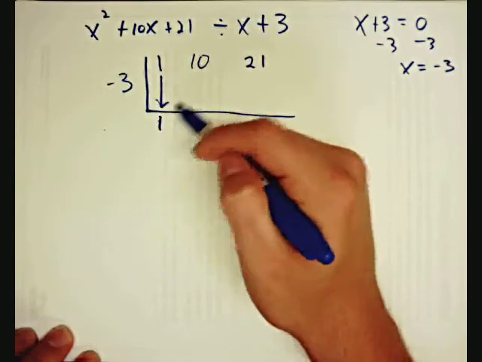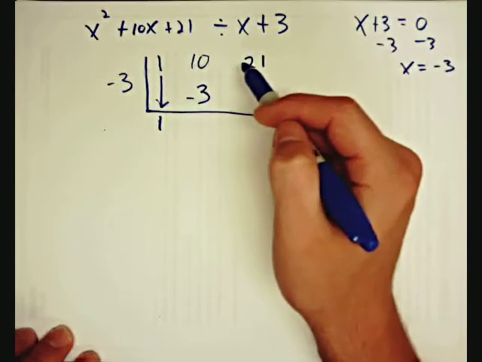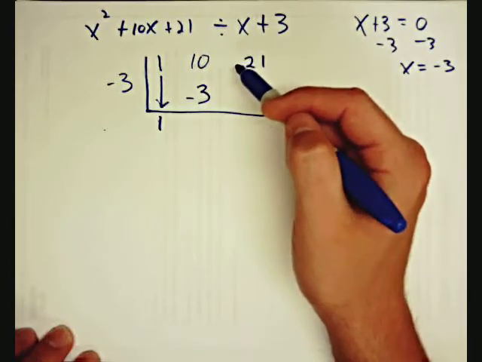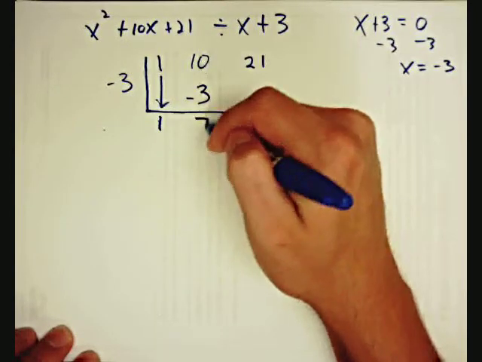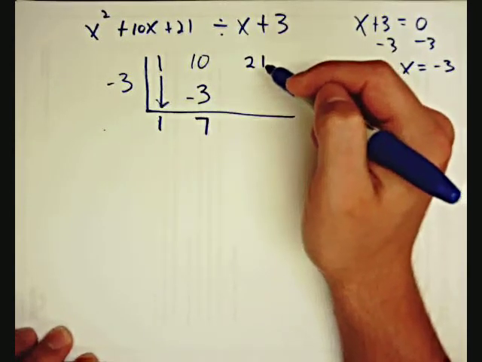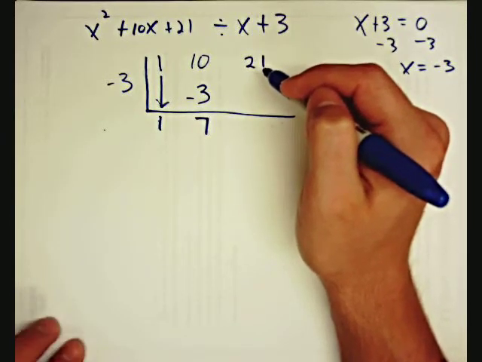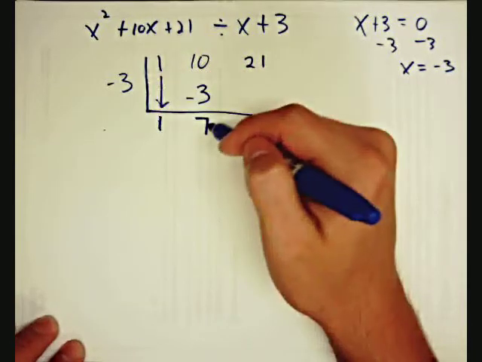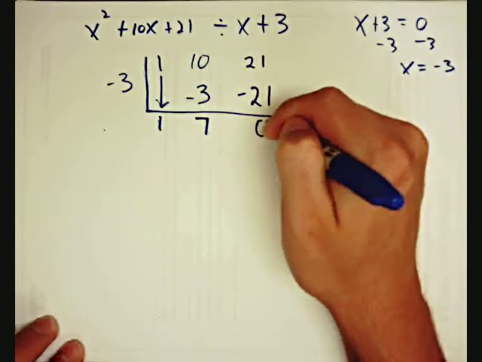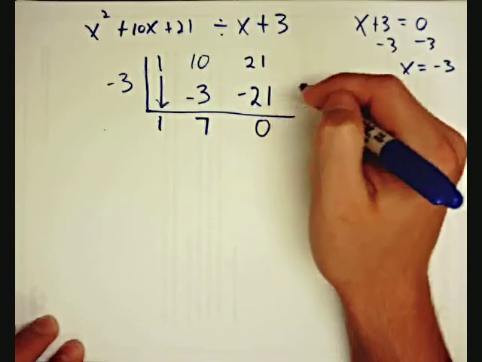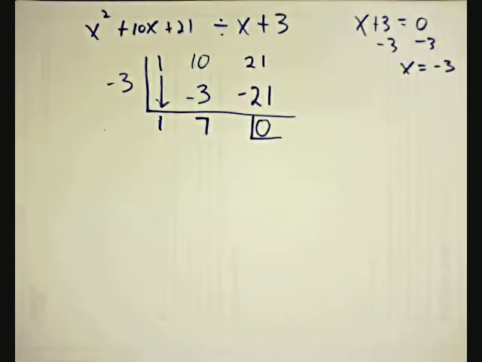Negative 3 times 1 is negative 3. Step 5, add the numbers in this column and write the sum below outside the box. 10 minus 3 is 7. Okay, repeat that multiplying and adding process all the way through the end as step 6. Negative 3 times 7 is negative 21. Add, and we get 0. Okay, that last number in our box, I always put a box around it just to remind myself that that's the